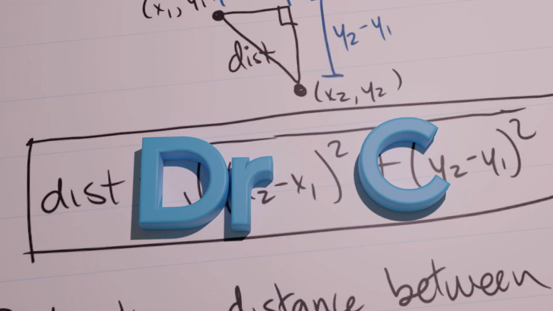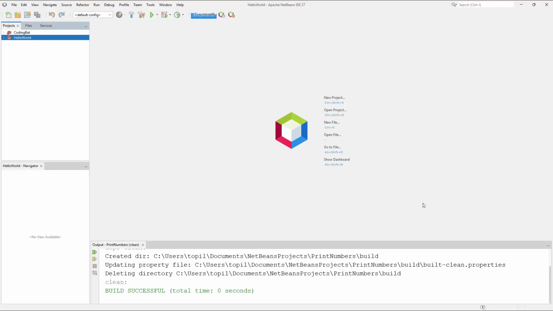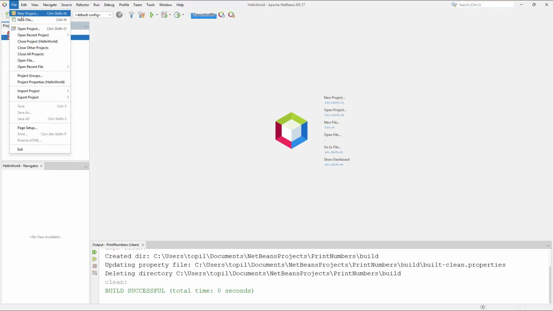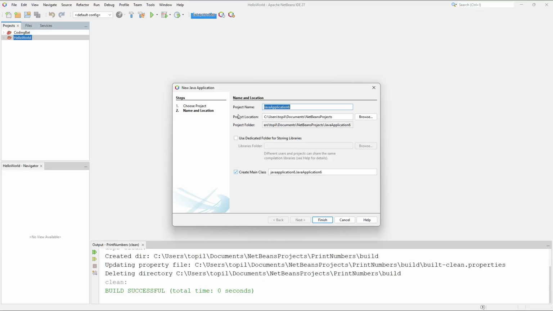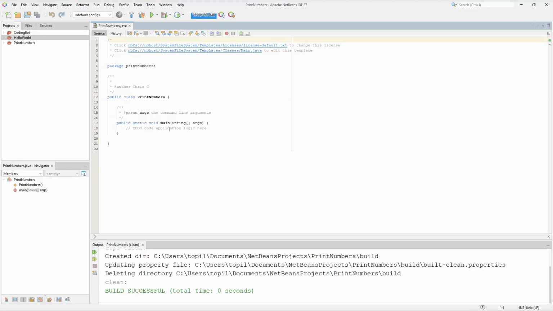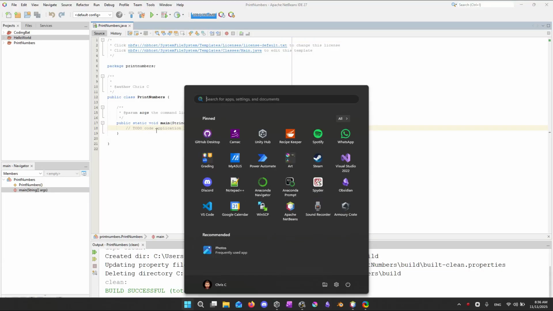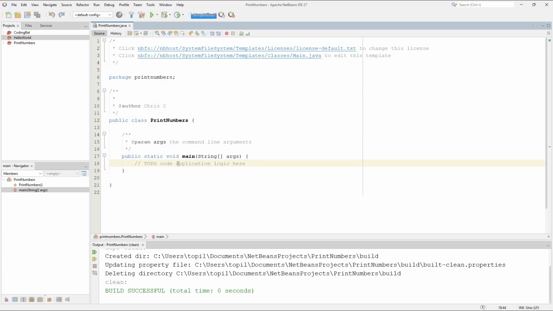In this video, I'm going to show you how to write methods and call methods to get you ready to do the Faces lab. So I'm going to make a new project here in Java with Ant and just call this print numbers, and just choose all the defaults as usual. So we're going to go into this public static void main, and let's start by just typing sout tab, and this should turn into a print